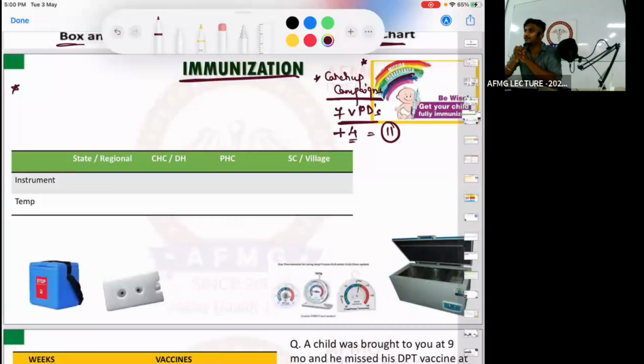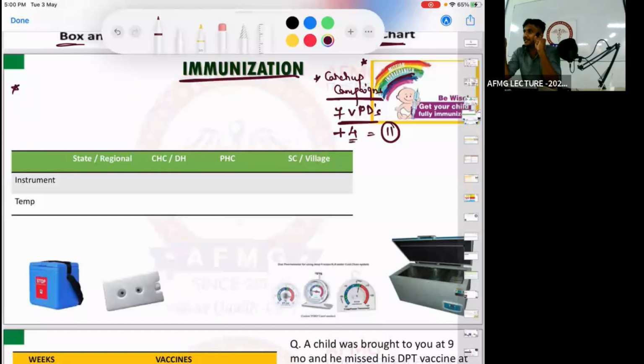Natural passive immunity. Naturally means it is coming from the mother to the child. That is vertical transmission of antibodies from mother to child. But it is coming passively. The baby does not need to make any effort, so it is passive in nature. So natural passive immunity is vertical transmission from mother to child. Next, acquired active immunity is vaccines, because a vaccine gives some antigen and then your body is forced to produce antibodies. That is acquired active immunity.